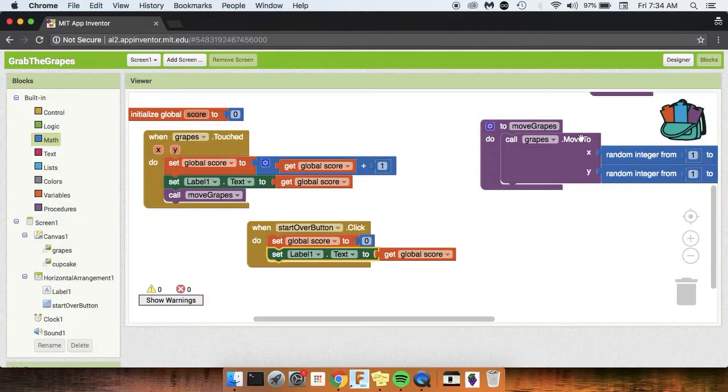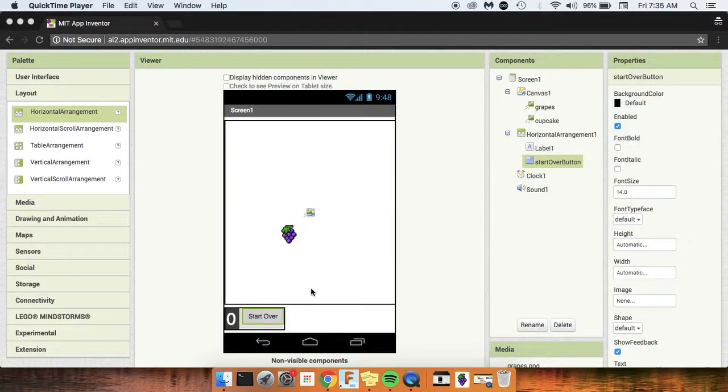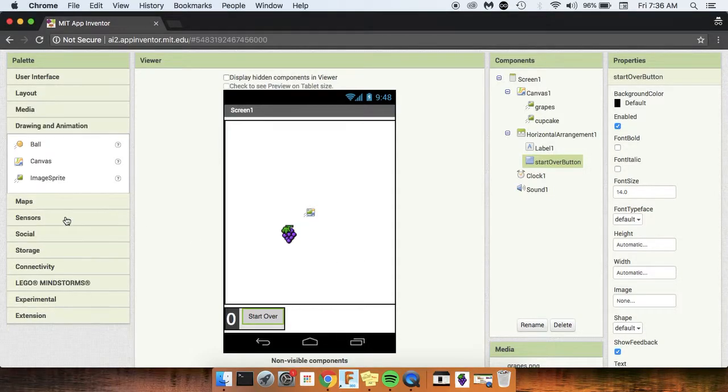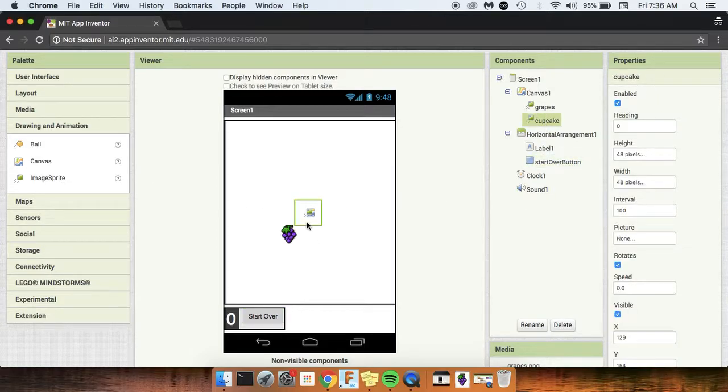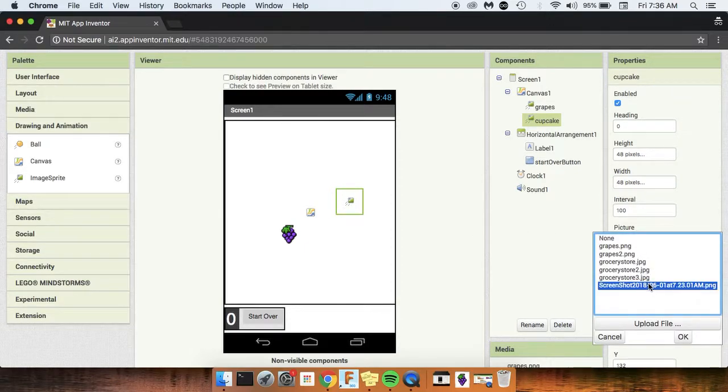It does not matter. What if I don't want a restart button? What if I want another object, like maybe a cupcake, that will make your score go to 0 if you touch it? Here is how to do that. It is almost the same as a restart button, but I will need another image sprite component, just like I did with the grapes. Then I will need to put a picture on it,